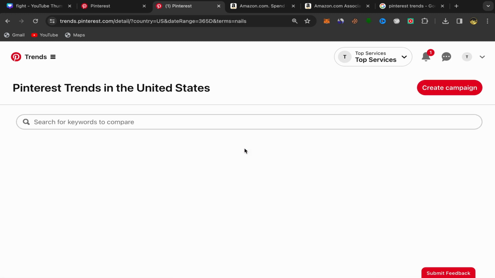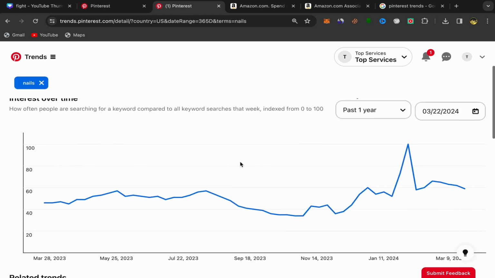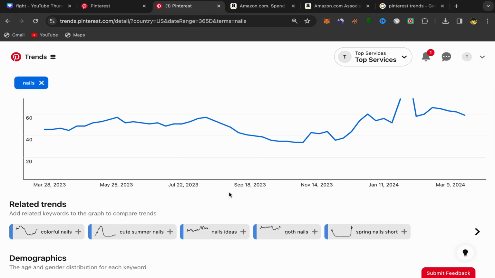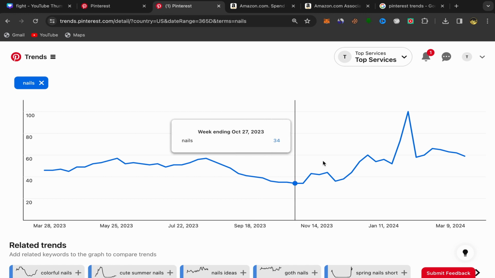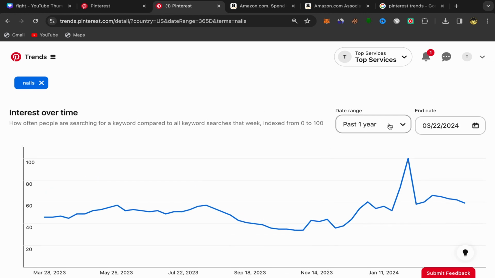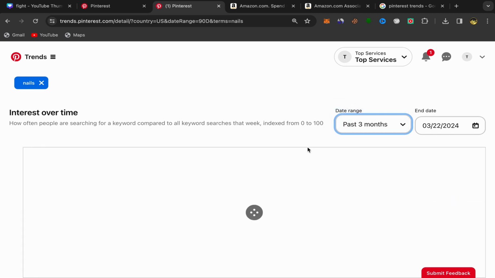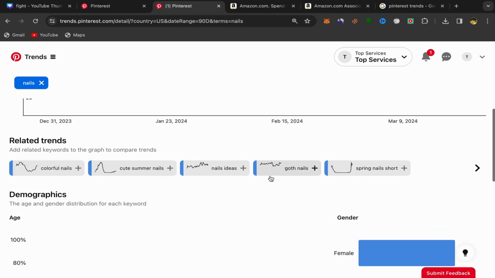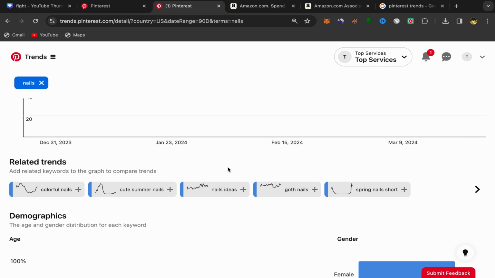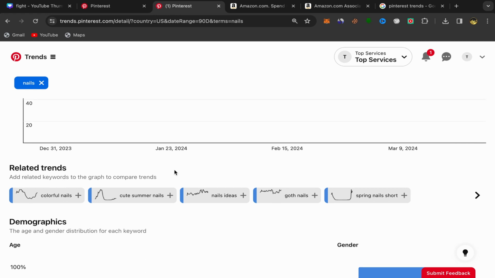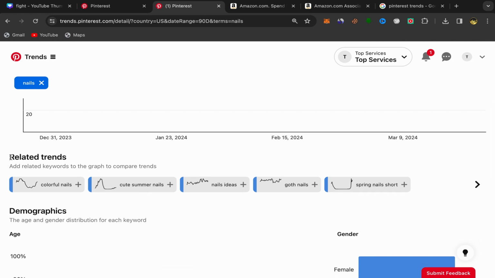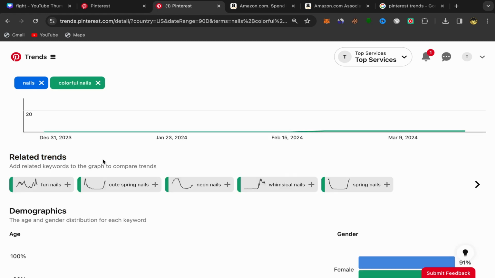Let's check this one. Just click on the product that you want to check, and you will be directly on this page. Click over here and select past 3 months. Scroll down. Let me see if we can find a good one. Like this one, I think this one is trending. If you scroll down, you have related trends over here. You have more keywords. I will check this one. I will click on this